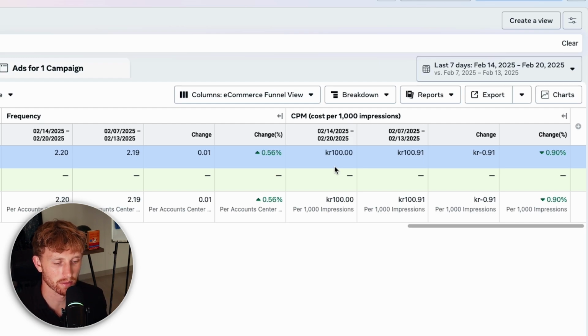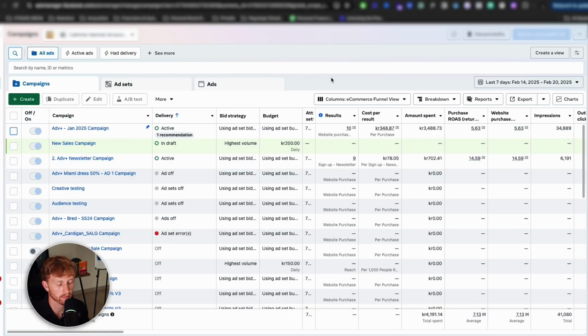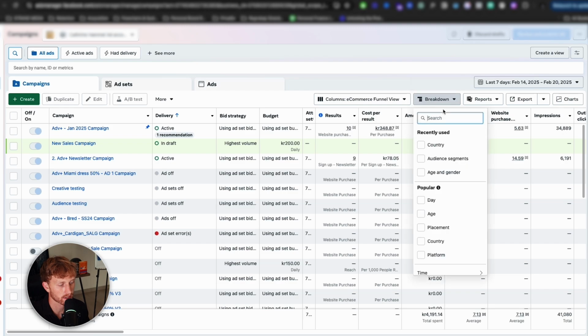So hopefully this gives you a bit of an indication of how to look at these metrics, so that once you go in there, you don't get a headache. You actually know what to focus on and how to break down the results. Now, once we are analyzing campaign performance, another thing that's really great to look at is the breakdown section here,